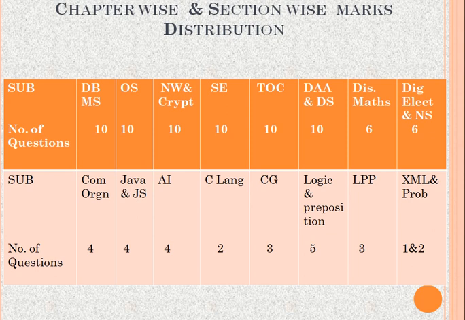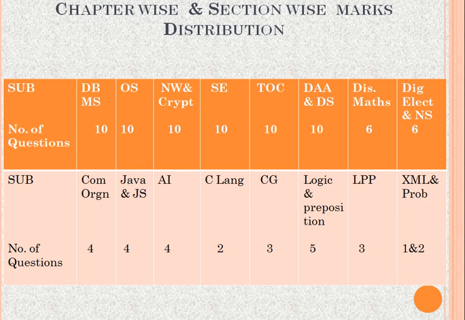Okay, I told you each section has 10 questions, but how the subsections are being split, those details we will be seeing in this particular table. So from DBMS you will be getting 10 questions. DBMS, OS, network and cryptography, software engineering, the theory of computations, design and analysis of algorithms and data structures are all broad topics. They are all core subjects. So once you learn all these things, definitely you will be able to clear your paper with good marks.